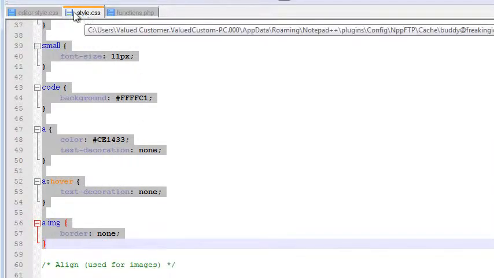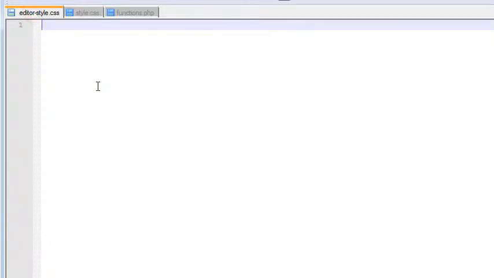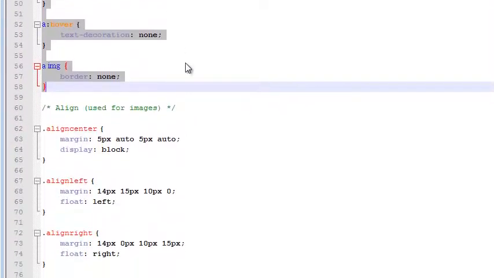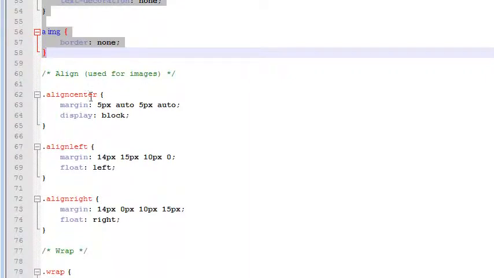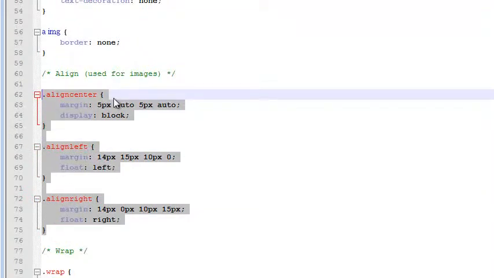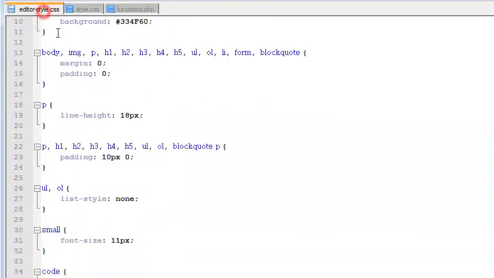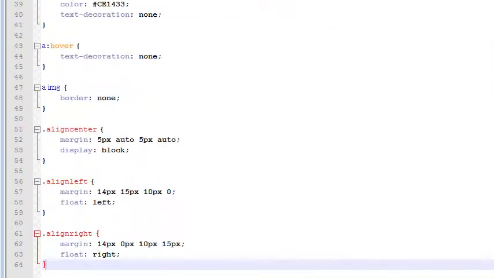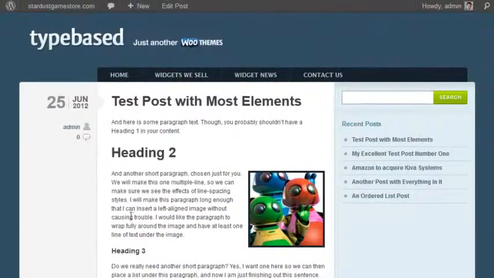We'll copy those and paste them into our editor style file. Save. The next thing we need to do is look for the align center, left, and right styles. We'll need those for any images. Let's copy, paste, and save. Now let's view the live published post of your test page, and we will use a tool